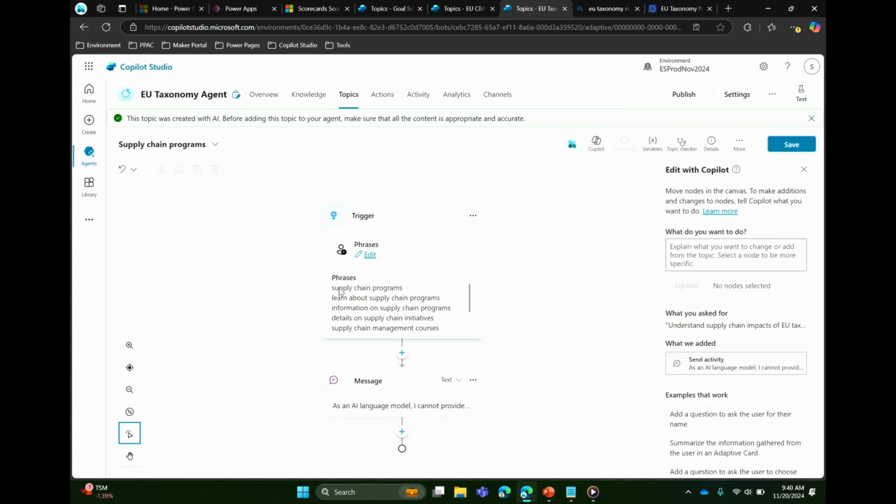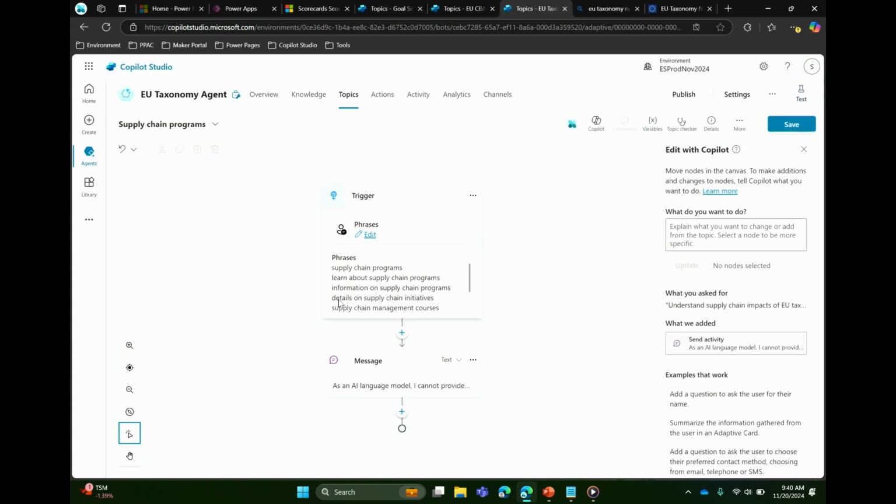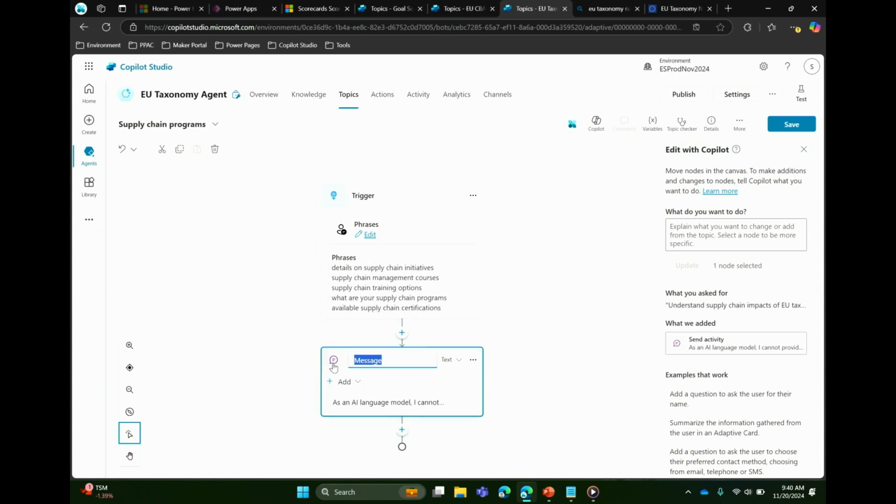The reason I like it is because the LLM takes what I just wrote, and it gives multiple prompts that a user might use. So the LLM's doing that for me, so I'm not having to script every single thing. And so it essentially is really saving me a lot of time in setting this up, like what are our available supply chain certifications, all of these items. And then instead of a message,